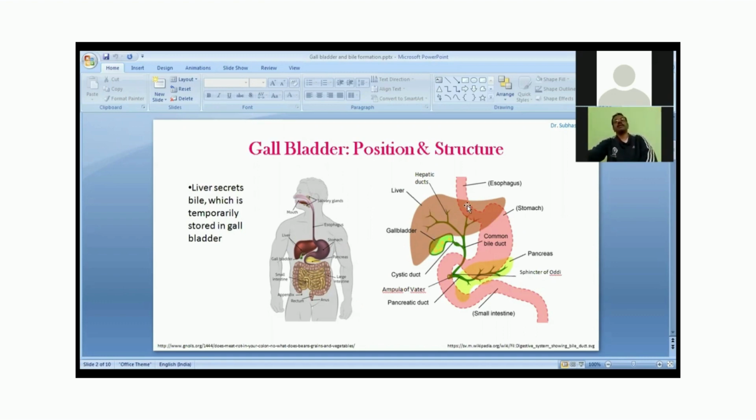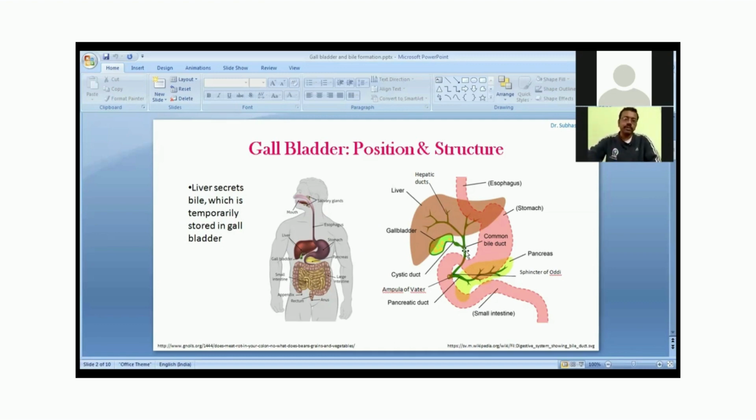So in liver there are hepatic cells. Cells of liver are called hepatic cells. In these hepatic cells, bile is formed, bile is excreted, and through the intercellular spaces called canaliculi, the bile is collected in the hepatic ducts. By hepatic ducts, bile comes out of liver through common bile duct and is temporarily stored in gallbladder between two meals. And when you take your next meal, bile is excreted.